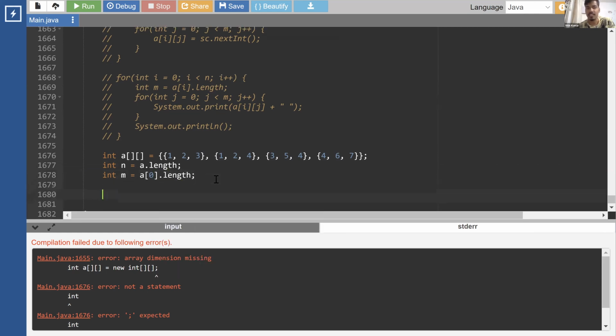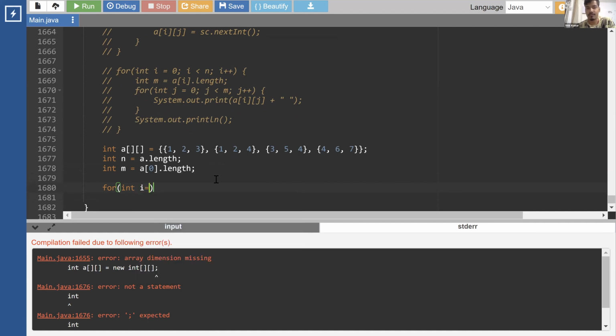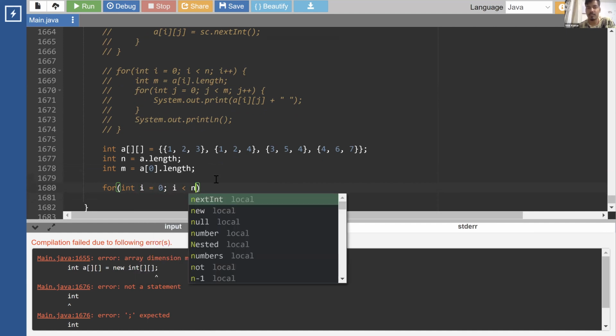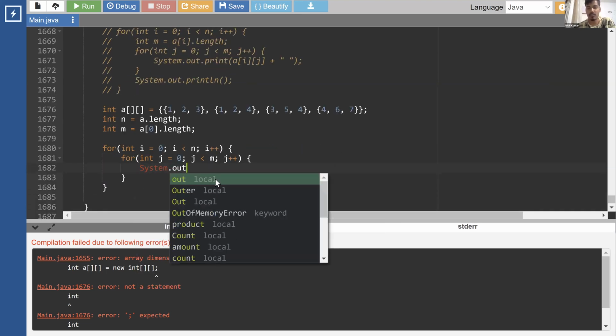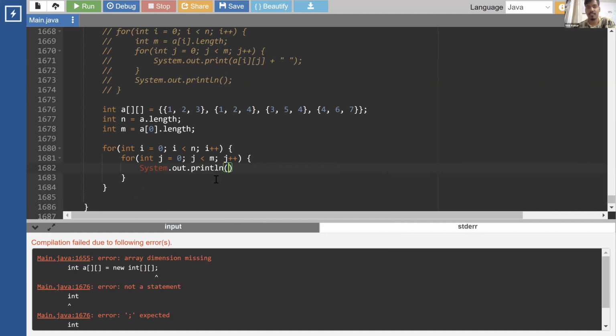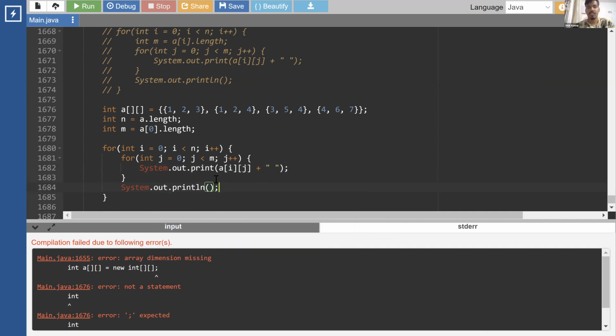Okay. Now if I run a loop, that will run for i equals 0, i less than n, i plus plus, and for int j equals 0, j less than m, j plus plus. Okay. System dot out dot println a of i j. So what is this going to print? This is going to print the row wise values, right? So the value in each row. So the first row we are going to get